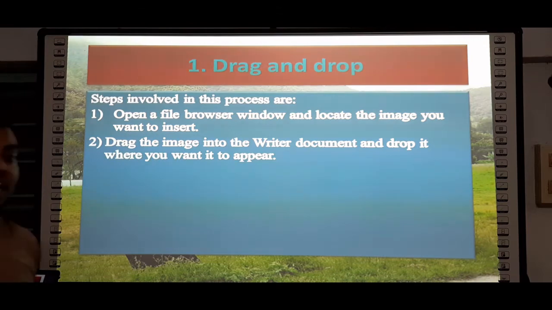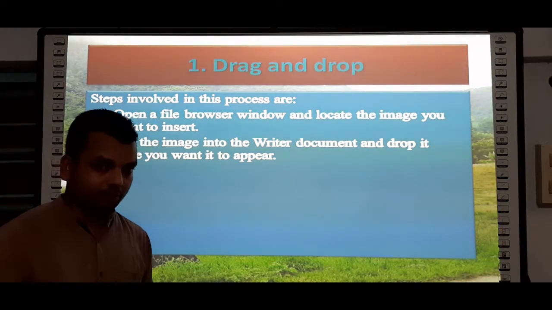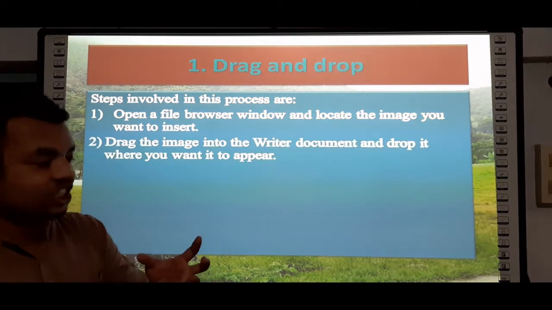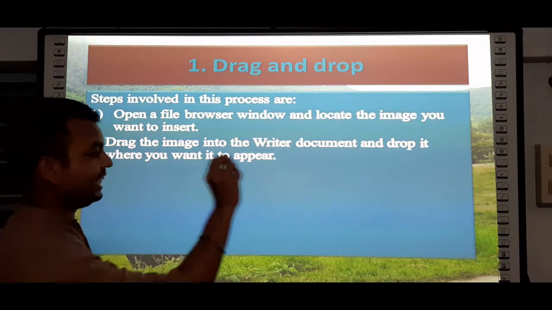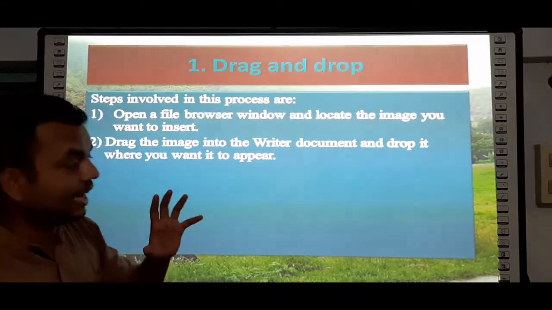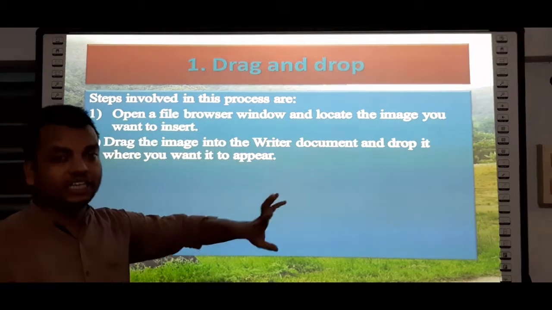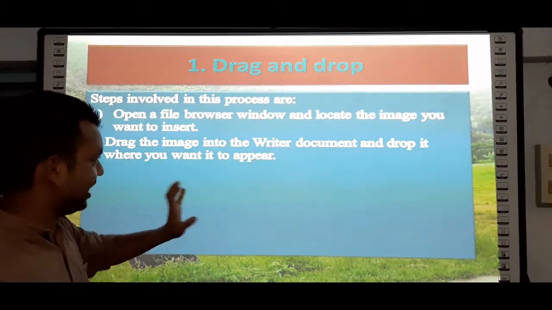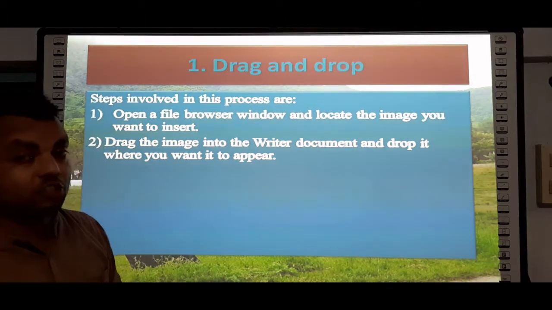Using the file browser window, we need to find out the location of that particular image. File browser is an application by means of which we can search a particular file on our hard disk drive, wherever it is stored. Using that file browser window only, we can locate that particular file and insert it into our openoffice.org document.